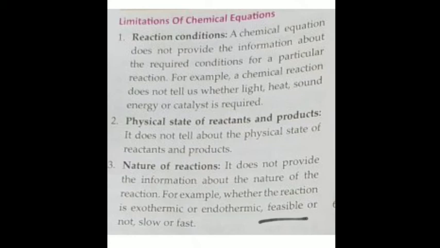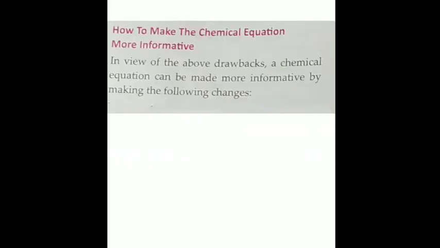Now, in order to amend all these shortcomings, we have made the chemical equations more informative. So we have added all these things. So we will take the example of different reactions. So these are the drawbacks or limitations of a chemical equation. They can be made informative by making the following changes. So number one